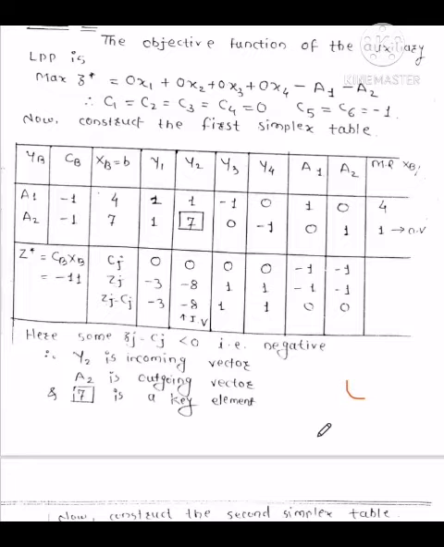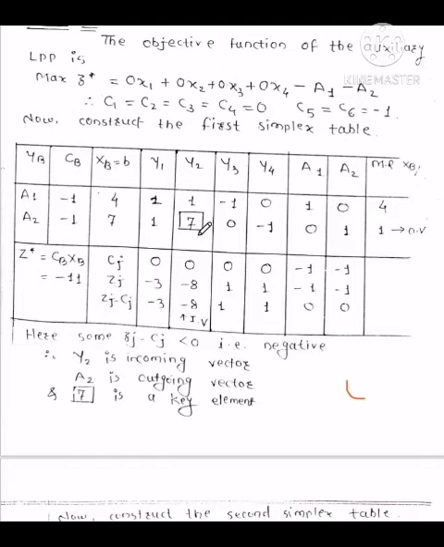Incoming vector means select the most negative value in Zj minus Cj, that is 8. So the corresponding vector y2 is called the incoming vector. Then the outgoing vector, how will you find out the outgoing vector? By using the minimum ratio, xb upon incoming vector. So here xb means 4 divided by